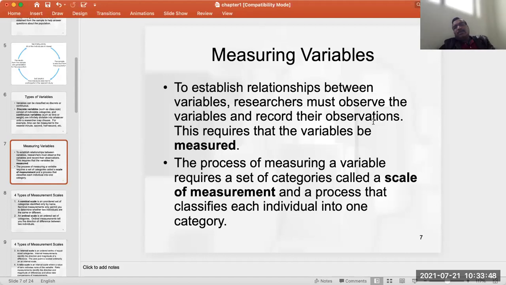For that, you have to record all the data: all the speeds, depths of cut, and at the same time the observed output, the tool life. So this requires that the variables be measured. Some variables you define, like speed and depth of cut, which you can select. But tool life you have to measure with the help of a stopwatch or the like.